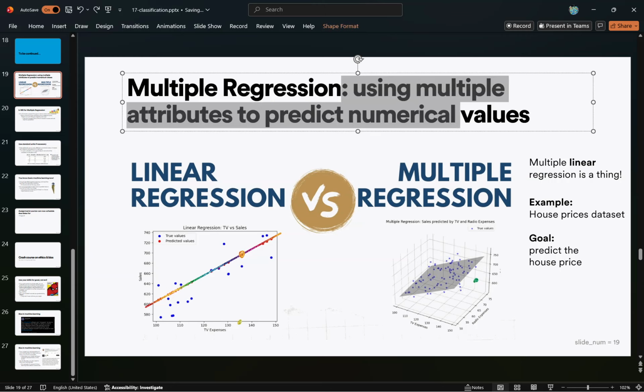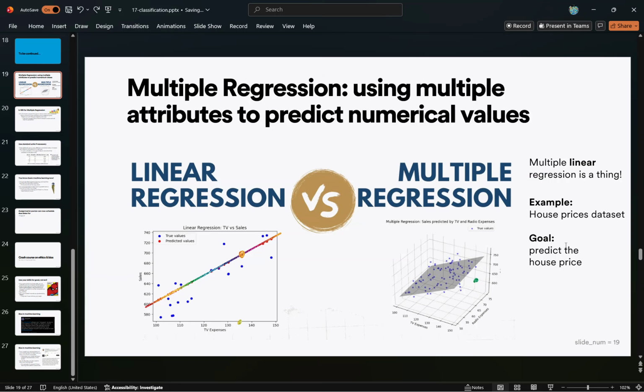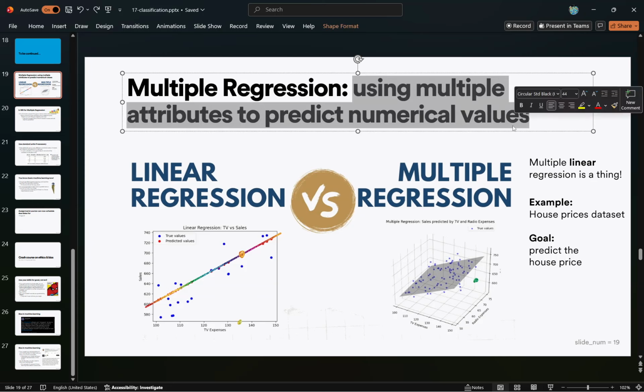You use multiple attributes to predict numerical values. Linear regression is you use one attribute to predict numerical values. That's the only difference. So multiple linear regression is a thing. Multiple regression using nearest neighbors is a thing. And those are actually the two that I want to show you. Does that make a little bit of sense? Instead of using one attribute to predict a numerical value,